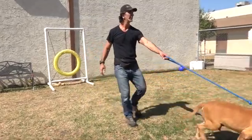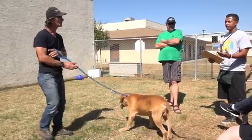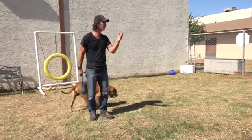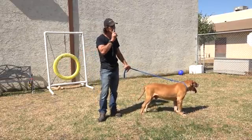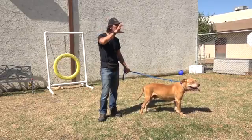Yes? When bringing in the second dog, are you looking for a certain reaction toward him? Like do you want a dog who's a little more neutral, or do you want a dog that's... I really want a more neutral dog. In fact, this dog would probably be better as a neutral dog than that dog. The only problem you have in a behavior assessment, when you use an intact male as a beta test or as a neutral dog,